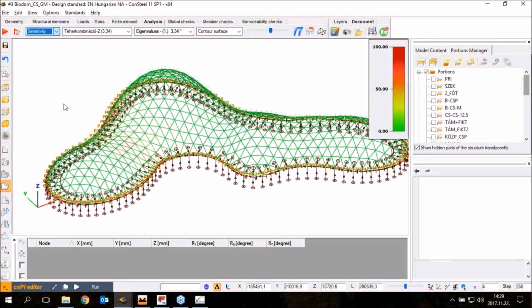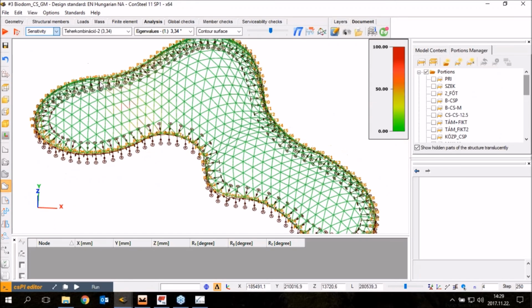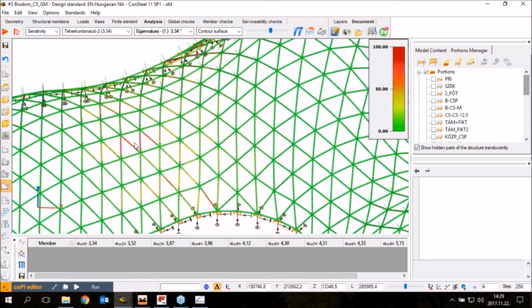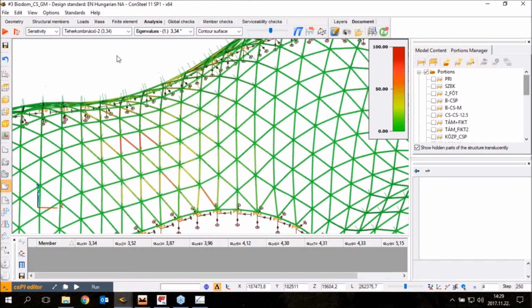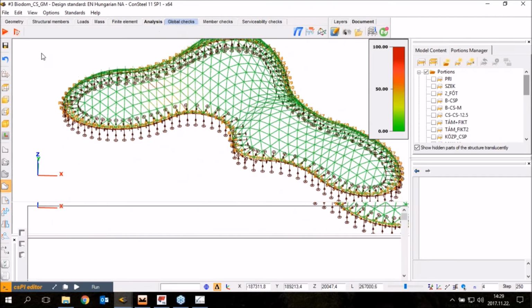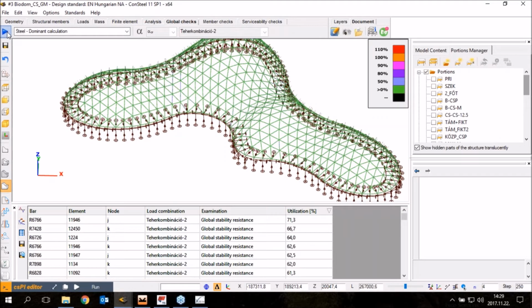So if we click on it, we will see that in this shape, these are those members which are taking part in this buckling shape. The next step is the global, and of course this is performed on all of the buckling shapes for each combination. And if we go to the global checks, where we can start to evaluate the global stability resistances, we